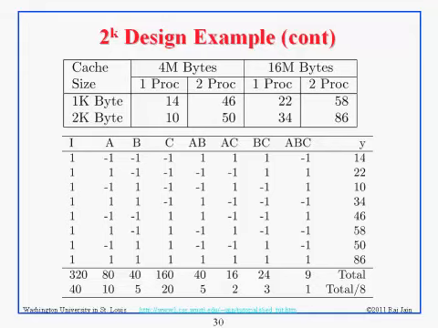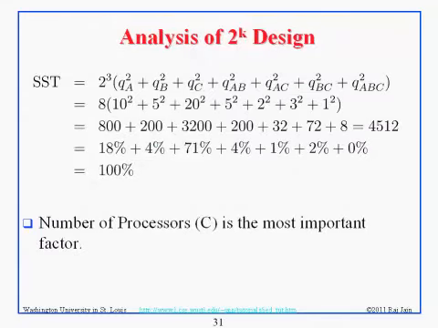Right? But obviously the number is going up very fast, and one would say, well, how can we do this much? Yeah, but this is very easy to do in Excel or whatever you're using. The idea is now we know how to isolate the effects. Now we can make a statement, and this is an important thing: out of all these 16 numbers that we got, we can analyze them, and we can make a very simple statement that factor C has so much effect. Now, if you need more, then we can say that the next thing is A, which has 18%,